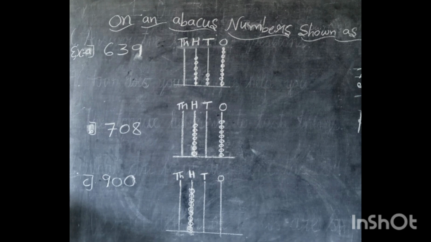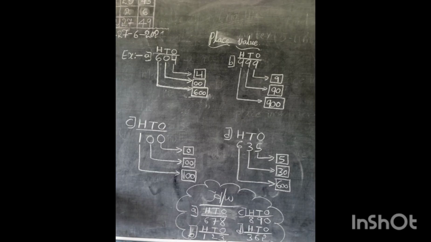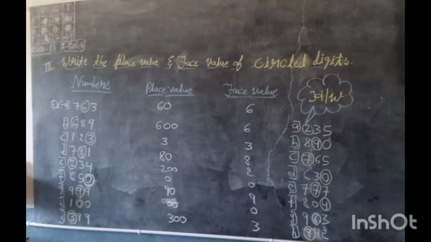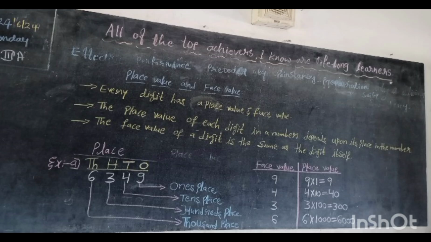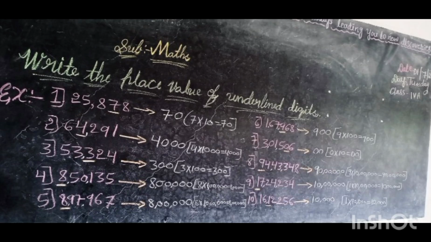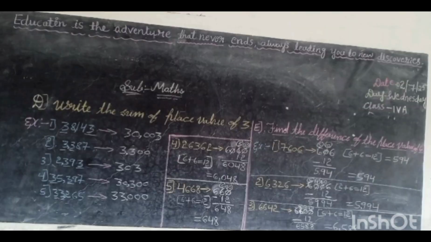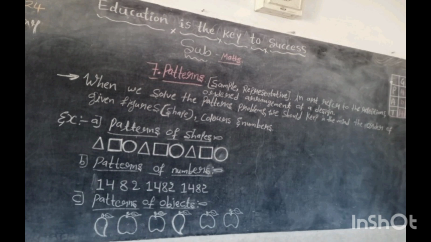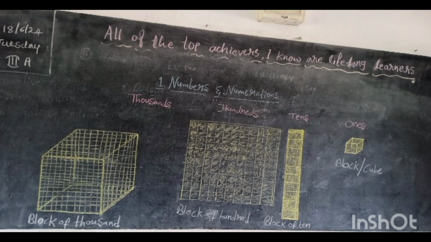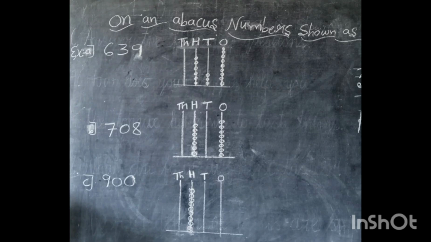Then one more pictorial, we should draw the blocks or cubes. Blocks or cubes represent as ones. Strip or block of 10 represent as tens place. Or one sheet or block or cube of 100 represent as 100 place. Okay, next 1000 place. We should draw here a cube of 1000 or block of 1000 and represent as 1000 place. Okay, in the picture we can see those pictures.